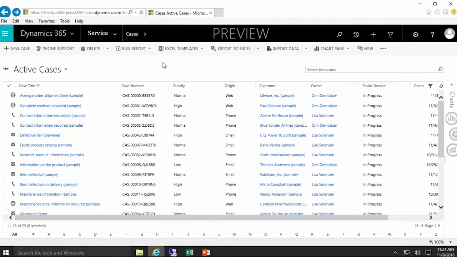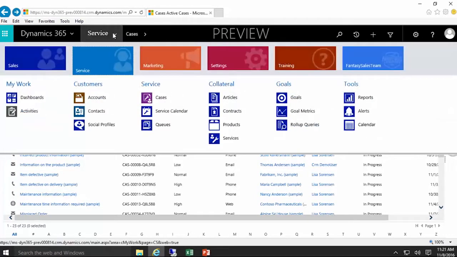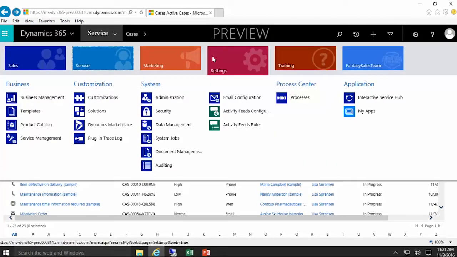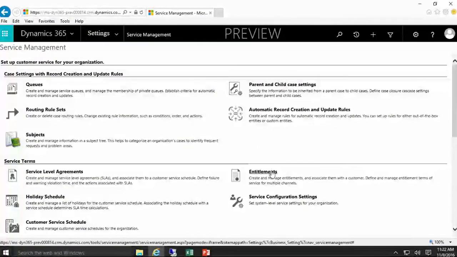All right, so back in Dynamics 365, we want to talk about associating an SLA to an entitlement. So we're going to go in and create a new entitlement. We're going to go back to Settings, go back to Service Management, and we're going to create a new